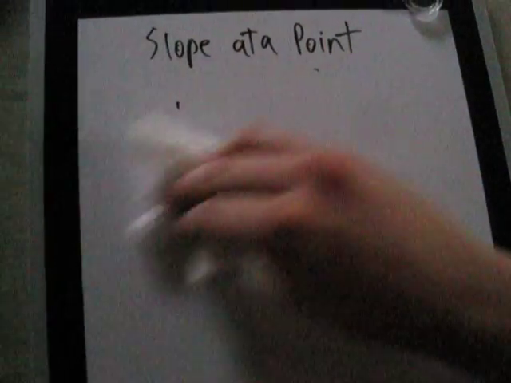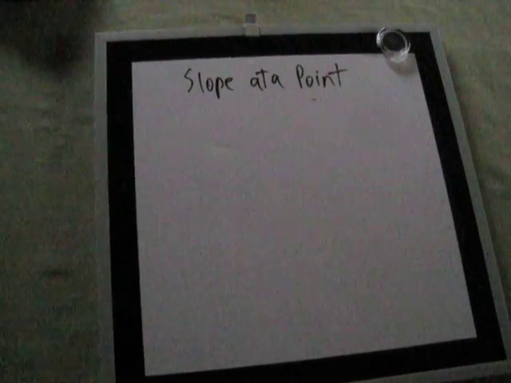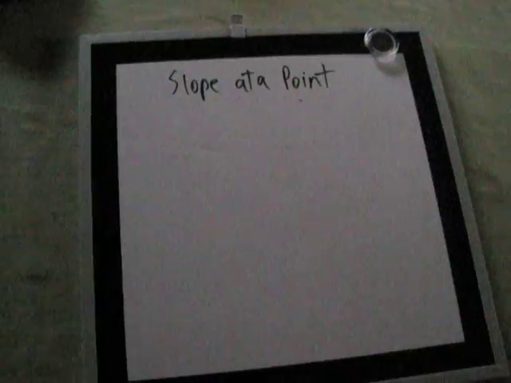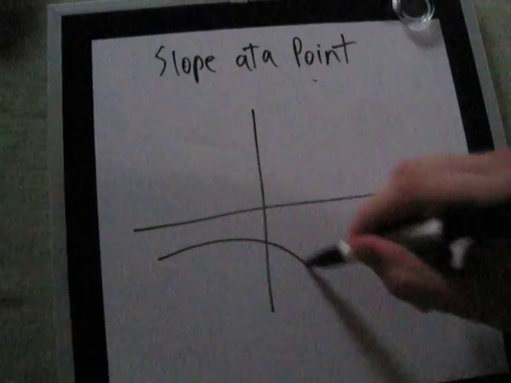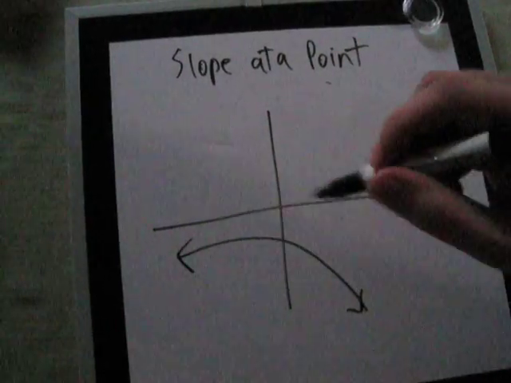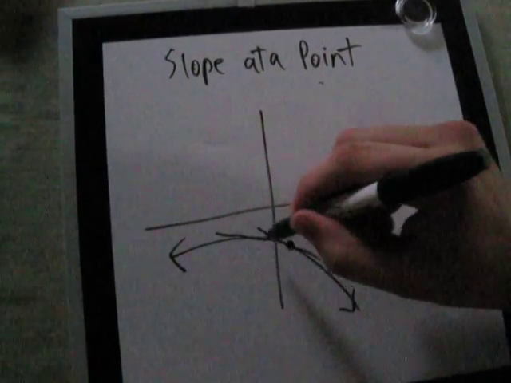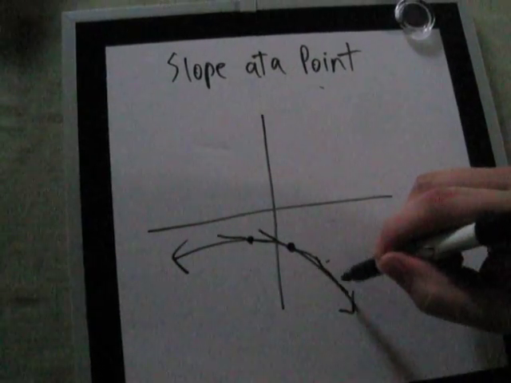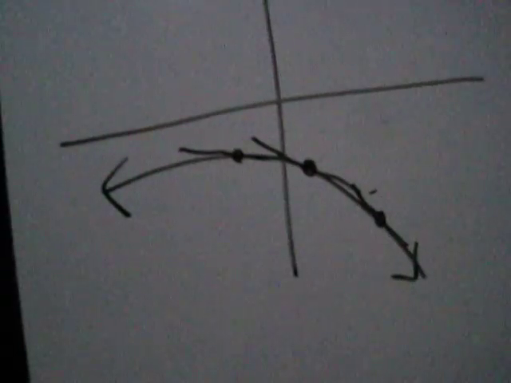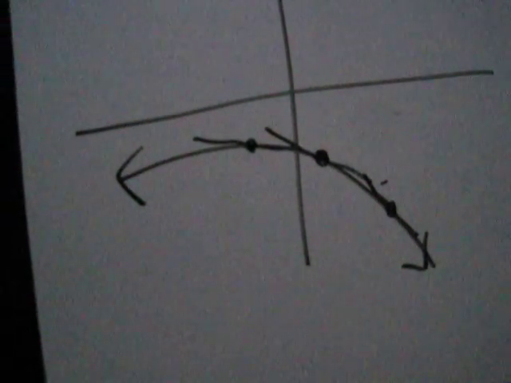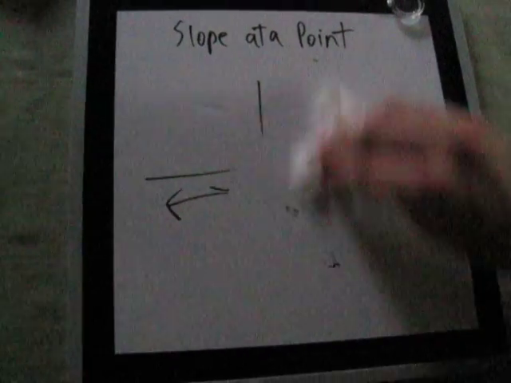Now, on the other hand, if we had a function whose derivative is negative for all values of x, an example would be something like this. You can see that if we draw little tangent lines, every tangent line has a negative slope. In this case, the function's decreasing for all values of x, and in general, this illustrates a special concept,